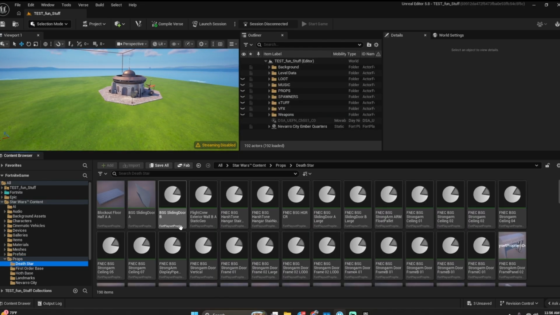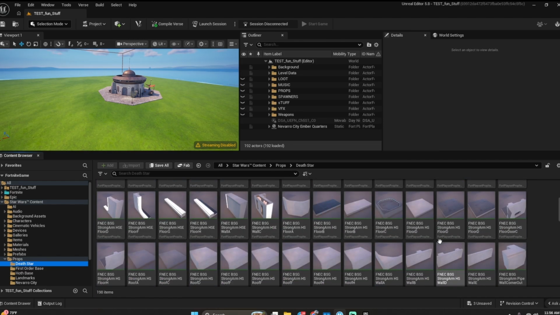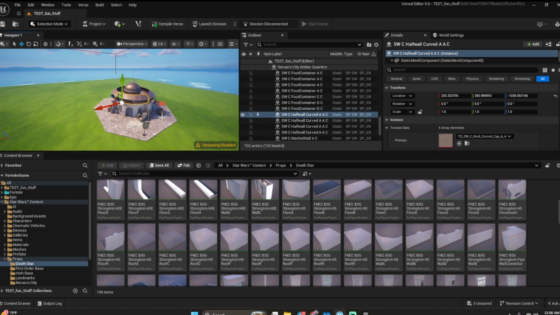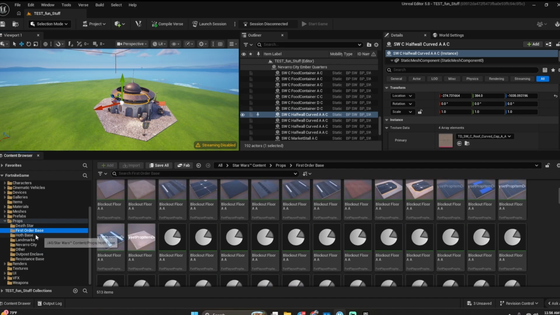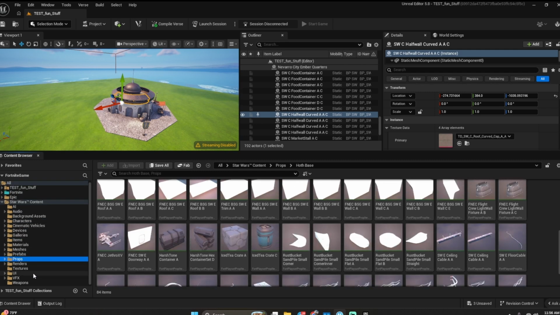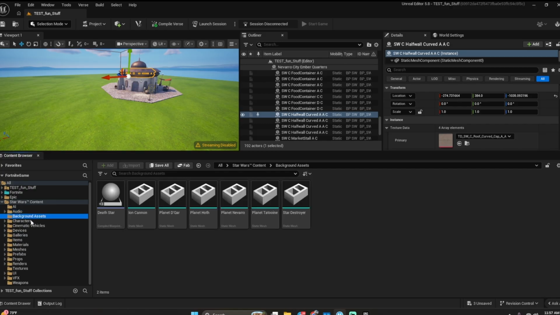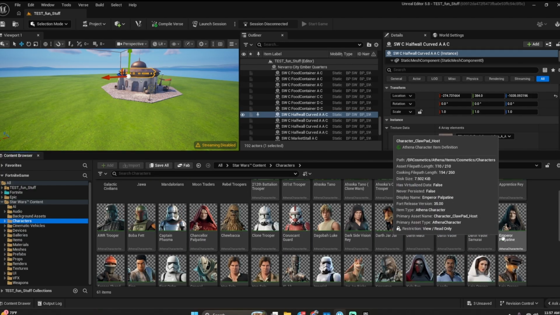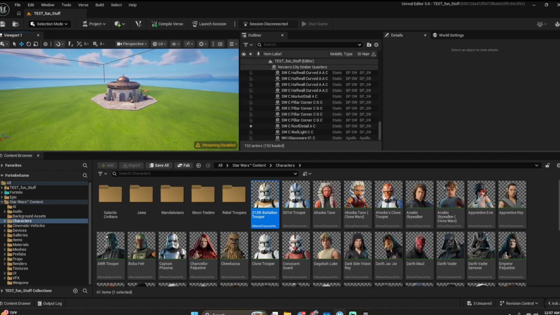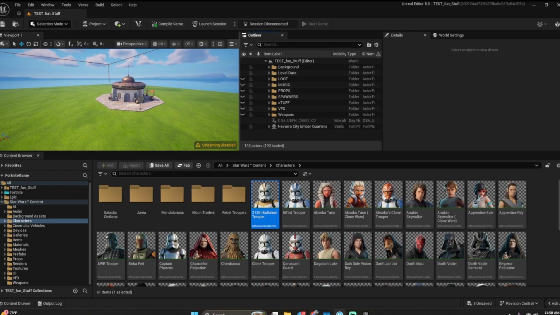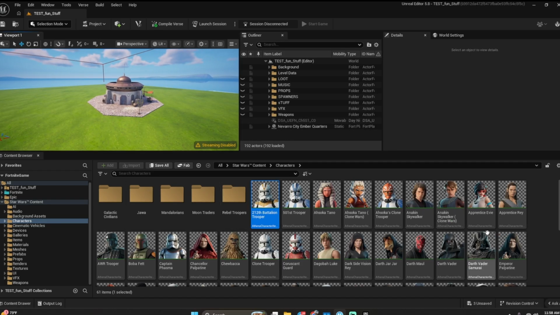What do we got for props? So these are all the different little individual pieces. And there's all types of ones, so you can go through them. You'll want to just click every single one of these so you can see the characters even. Okay, now you have your building, which you dragged and you dropped. Building. You go to characters, look at all the characters,